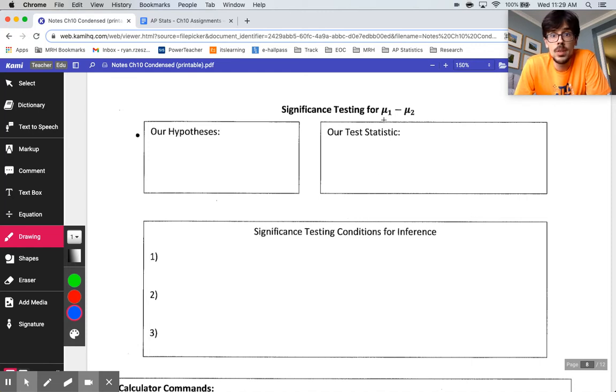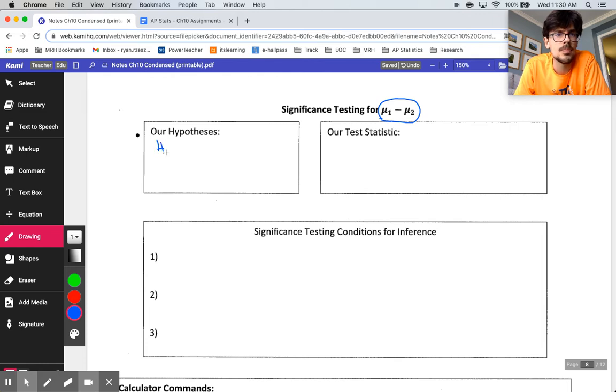So last video, we learned how mu1 minus mu2 problems, difference of two means, works for confidence intervals. This video, we're going to take that same concept of subtracting two means and do it to our HOHA significance tests. So the first thing we want to do when we're setting up one of these problems is set up